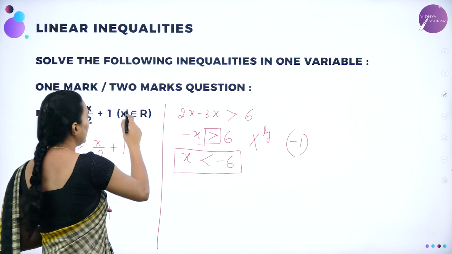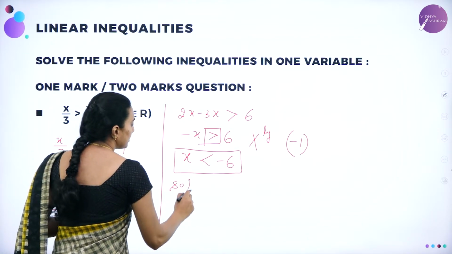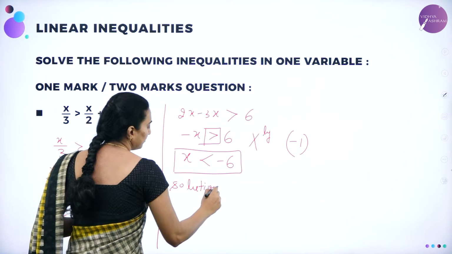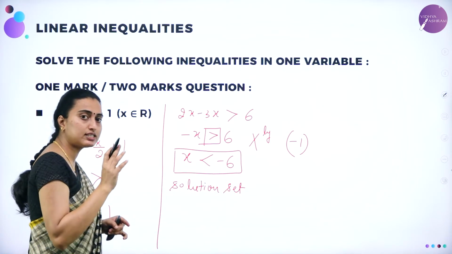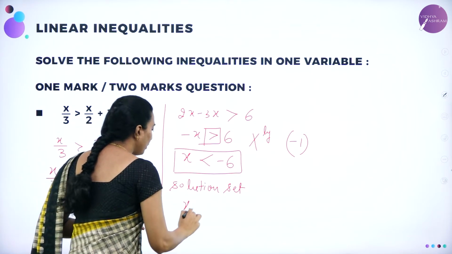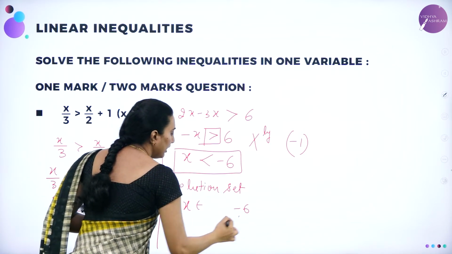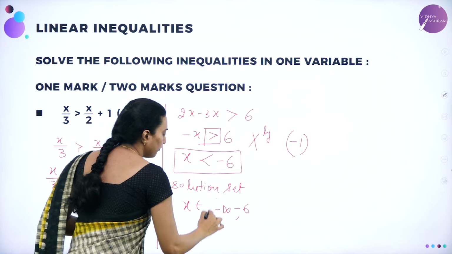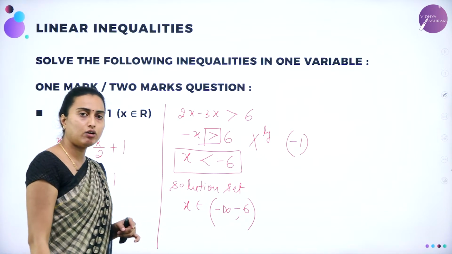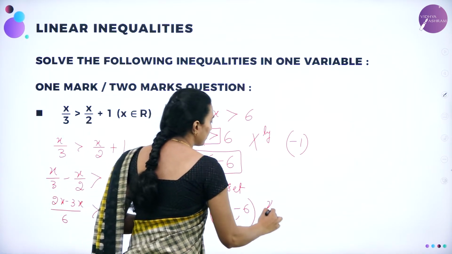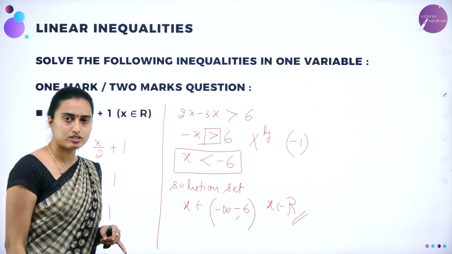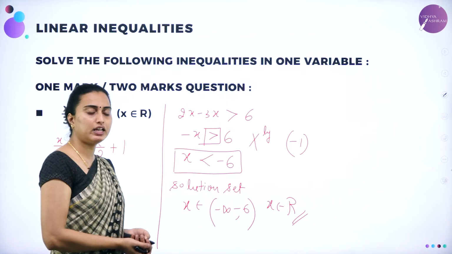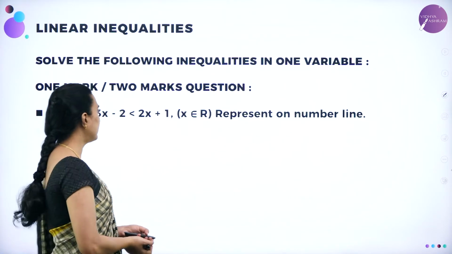What is the solution set when x belongs to R? So solution set is given by, now x is lesser than minus 6 means minus 6 is excluded. So x belongs to, minus 6 is here, lesser than means it will come to minus infinity. Minus infinity comma minus 6 is the answer when x belongs to real number. This is how you are going to solve the problem, dears. I hope you understood this, multiply by the negative integer. We'll move on to the next question, dears.